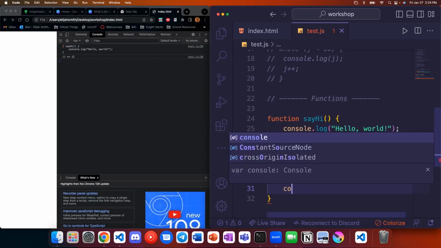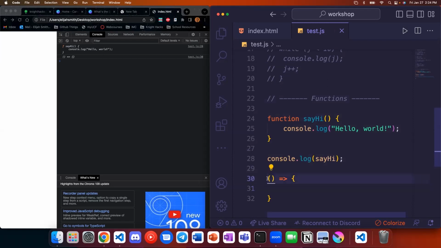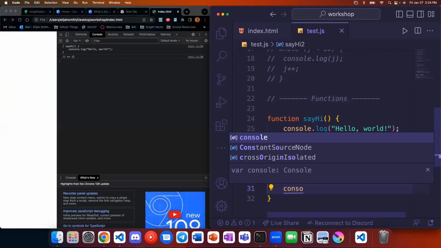So our arrow function here does not have a name. If we just declare it, it'll exist, but we have no way of referencing it or using it. So what we would do in that case is we would put it into a variable. And this variable now stores the reference to this function. And if we console.log